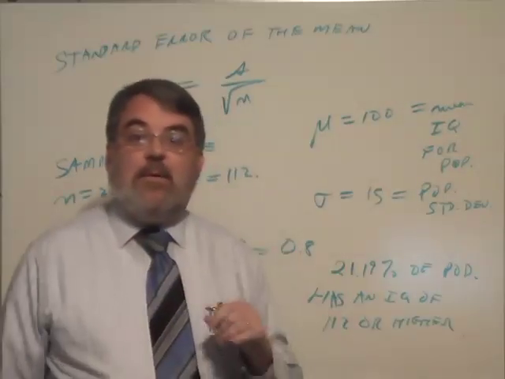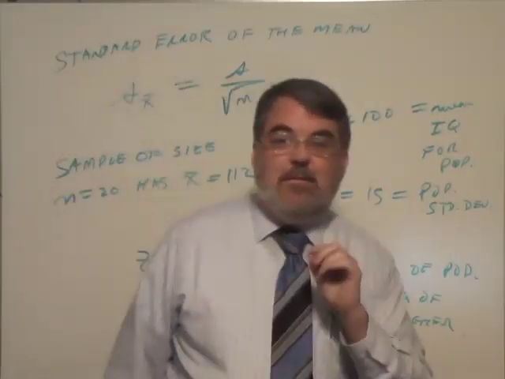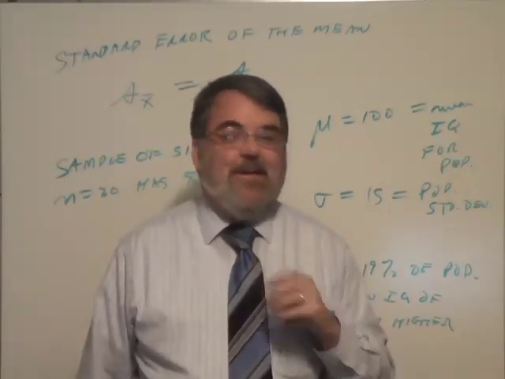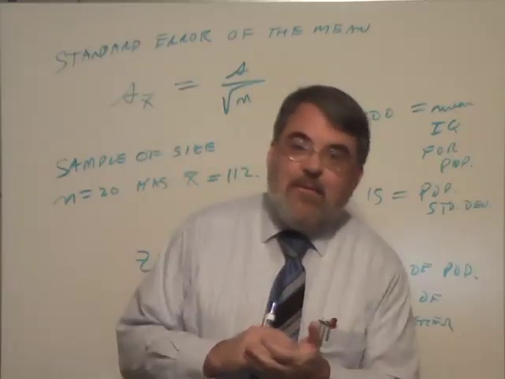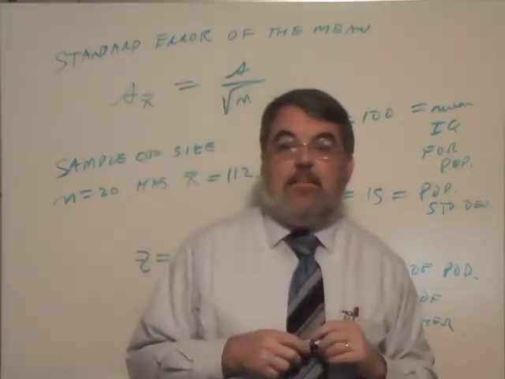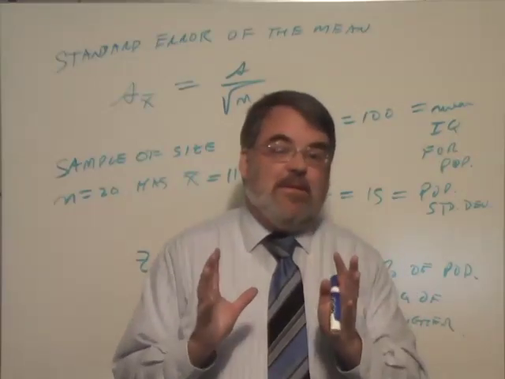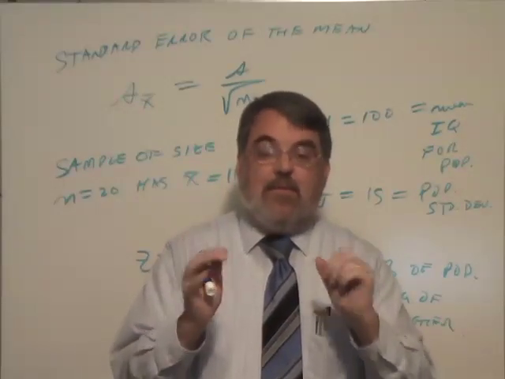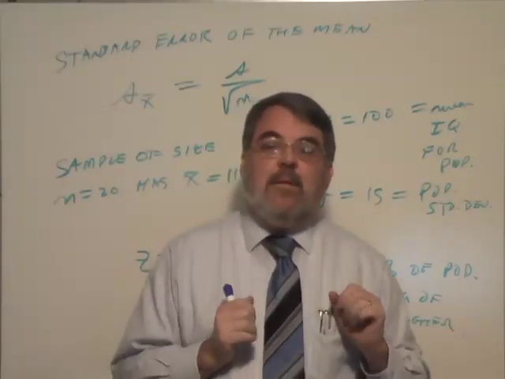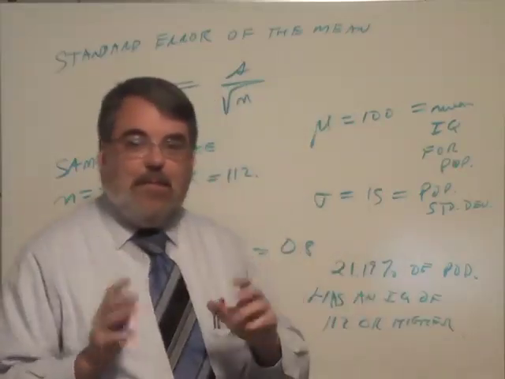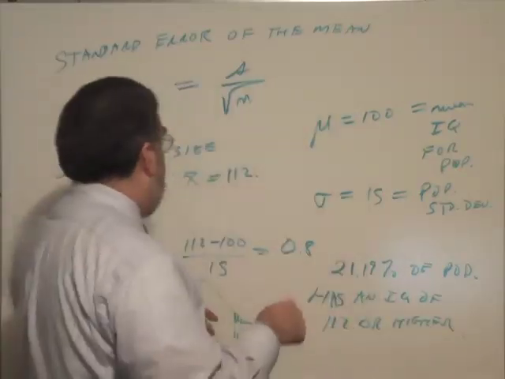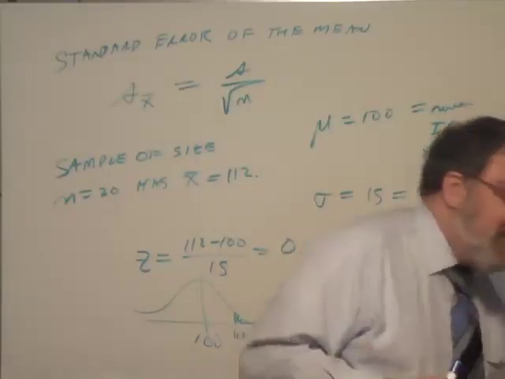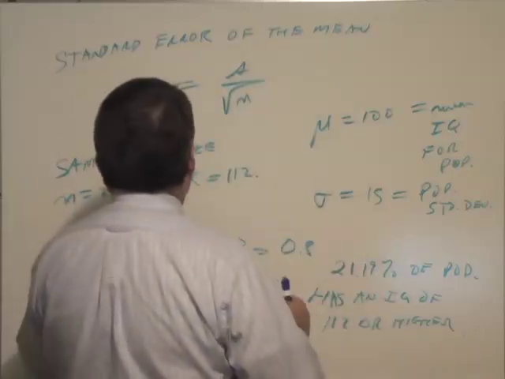But what is the probability of getting 20 people with an average IQ of 112? Okay, that's the real question. Because in this course, we're not interested in individual statistics. We're interested in group sample statistics. You're not interested in individual measurements. We want a sample mean measurement. We want to compare it. That's what we want to study, our samples. We study samples, not individuals. So, for 20 people, the standard error of the mean, let me write it here,